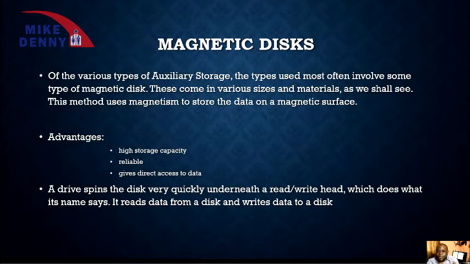These come in various sizes and materials, as we shall see. This method uses magnetism to store the data on a magnetic surface. So this one is really widespread, it is everywhere. We use this type of storage technology. The advantages are just that it is